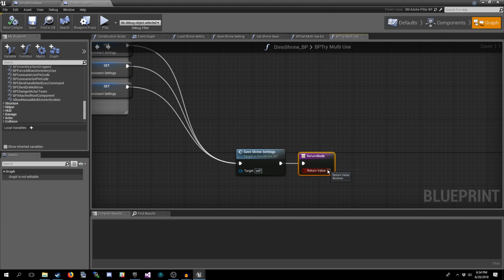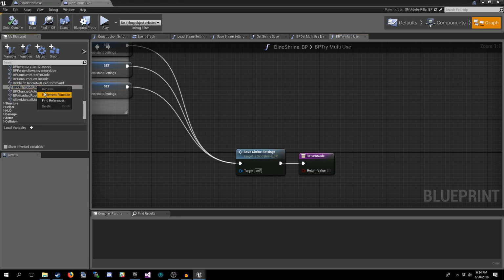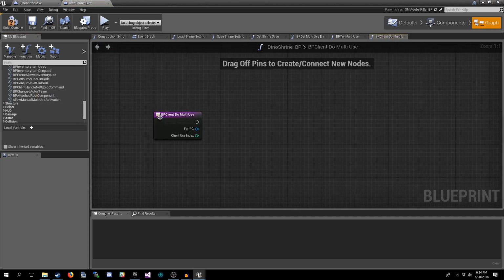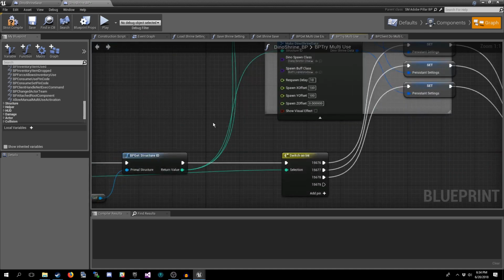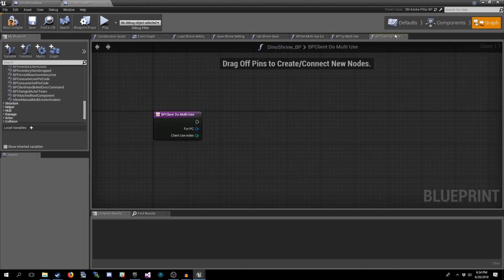If you check this bool, there is another function that will be fired, and it's right here. It's called BP client do multi-use. If we implement this, you'll see it's got the same parameters as we saw on try multi-use, except this one runs on the client side.